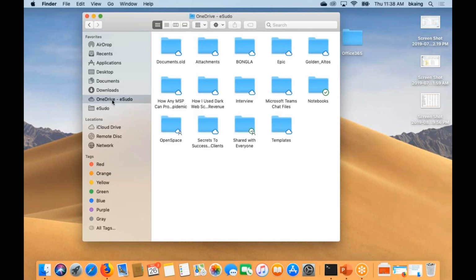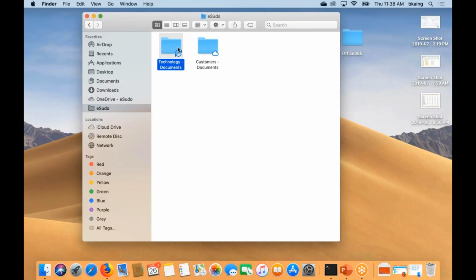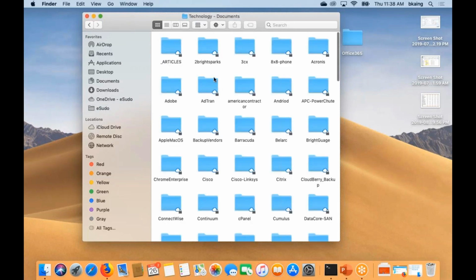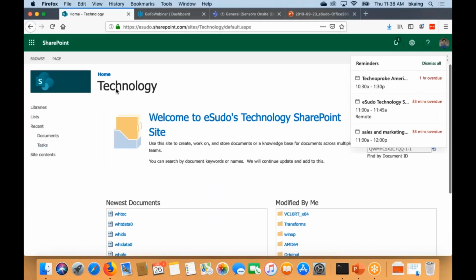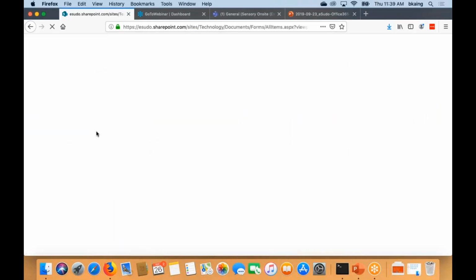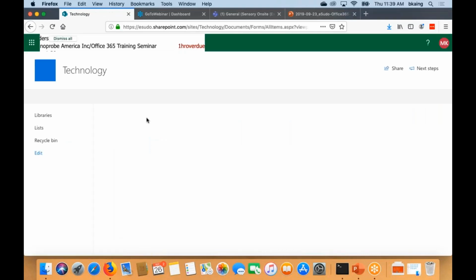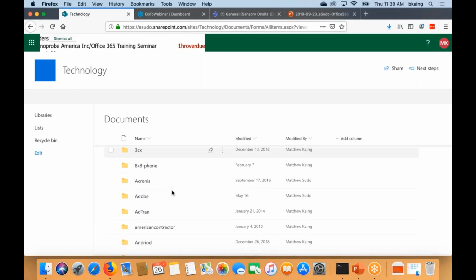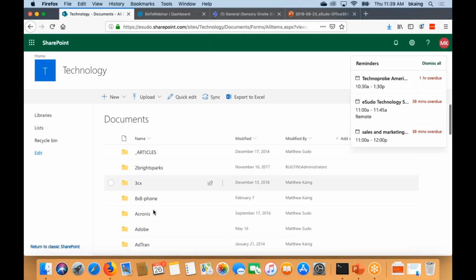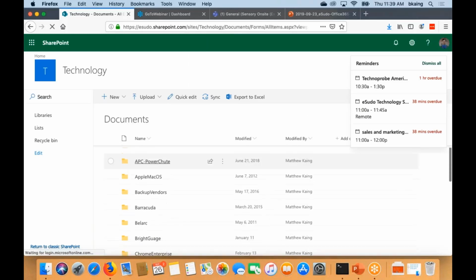Sorry, earlier I was mentioning the SharePoint. So for example, this is my SharePoint site. The easiest is maybe I can demo with you guys the SharePoint site. Here's my SharePoint site for our tech library. If I click on the documents, these are all the files that are saved on there. This is all the SharePoint documents that we proposed for a document library.